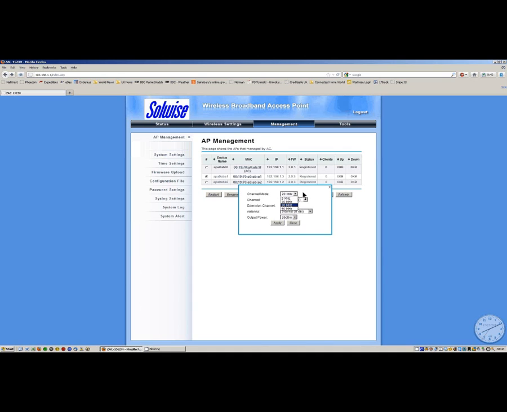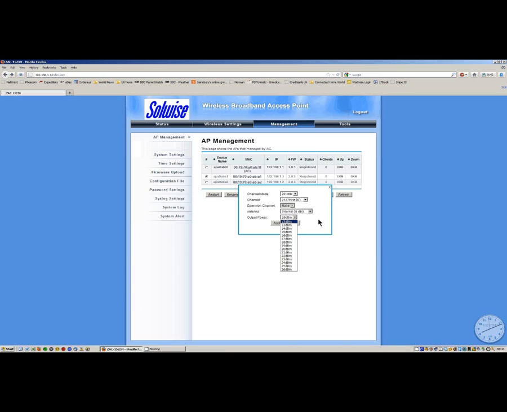This actually sets the channel width, which all depends upon whether you're running in 11N or BG mode. By default it's on a standard 20 meg wide channel. And whether it uses the internal or the external antenna, and the output power. So we've got it in US mode at the moment, so that gives us the full range of the output power settings. If this was a UK mode, it would only show about, I think it's 11 dBm as the